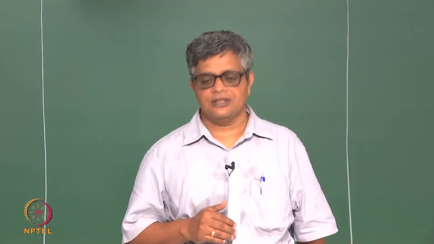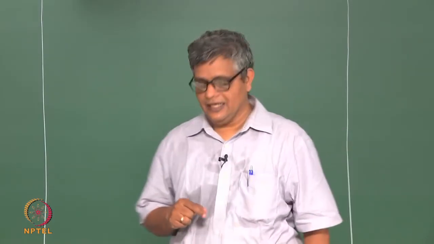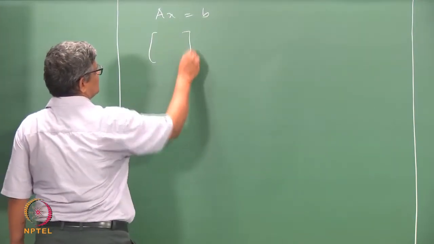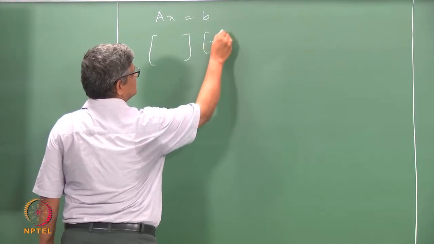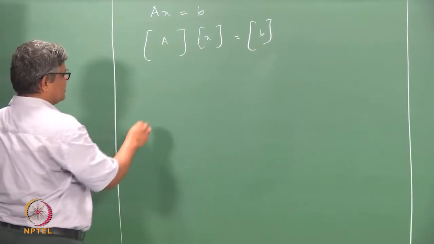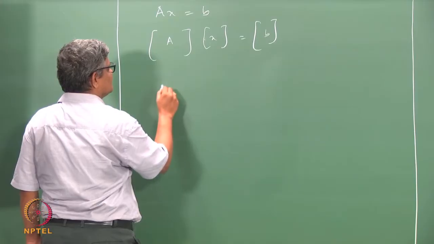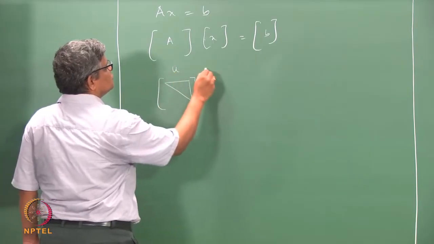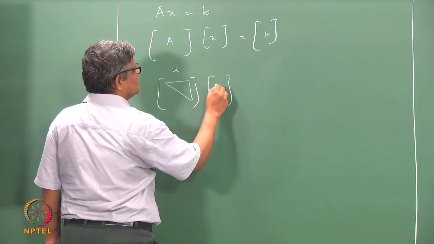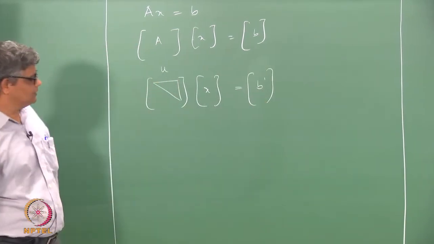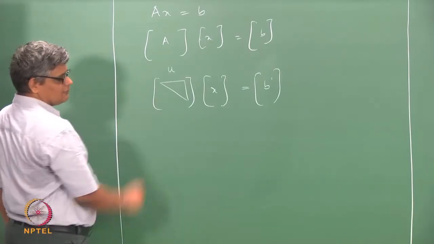In the case of Gaussian elimination method, we are converting Ax equal to b into a special form which is being written as an upper triangular matrix U times x equal to a modified form of the coefficients, and this upper triangular form is such that